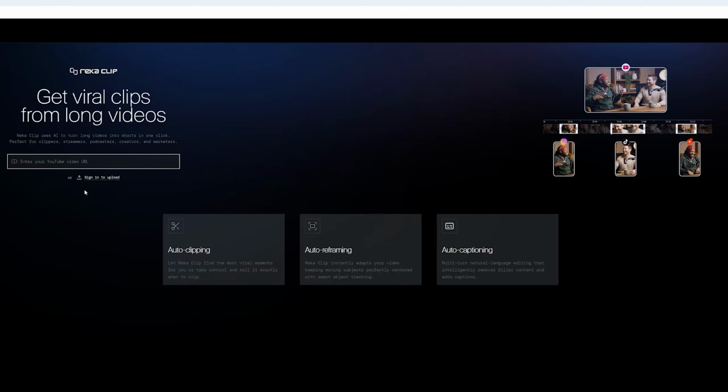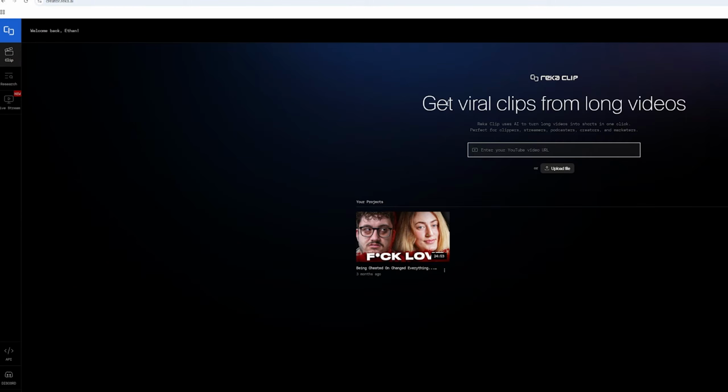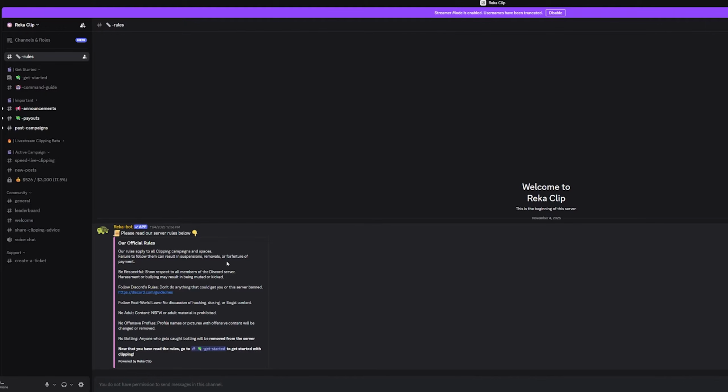So first thing you want to do, you want to go down in the link in my description and sign up for an account with Rekka AI, and this is all completely free, no cost whatsoever. You need to sign in to make an account, so go do that. And once you're signed in, go to the bottom left and click Discord to join that, or I will also have that link down below in the description. So join their Discord. Once you're in the Discord community, read the basic rules, so make sure you go follow everything through that.